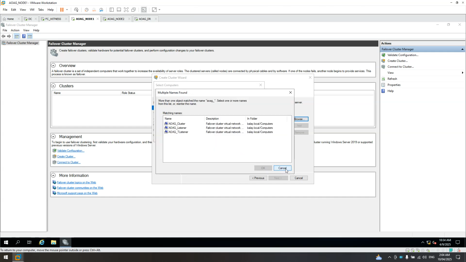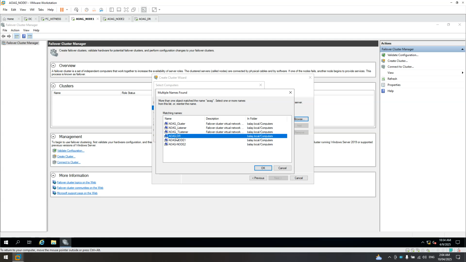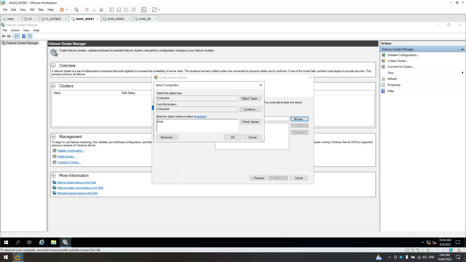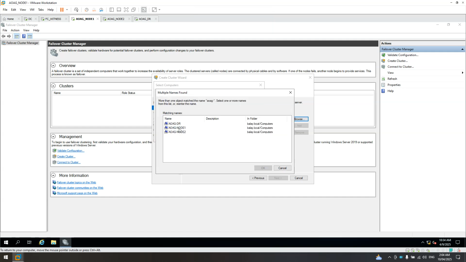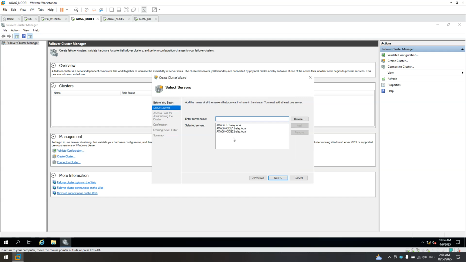Okay. Let's type AOAG again. AOAG. Then check names. Okay, AOAG. Sorry, because this one is dash AOAG in the server name, it has dash AOAG. So it shows AOAG-DR, node 1 and node 2. Okay. Then click OK. Then click next.